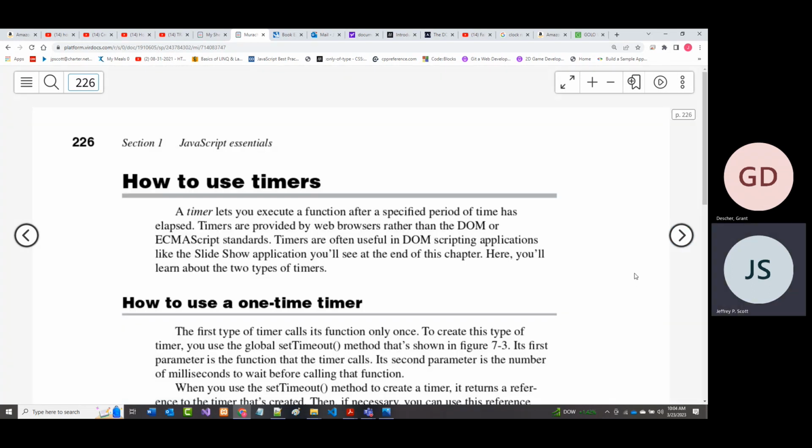Okay. So that's it for images. So for timers, and we will finish this up. I'm just going to go, if I have to, till 10:15, and then it'll be it for the period. All right. And a timer, as it says, allows you to execute a function after a specified period of time has elapsed. Now, back in the olden days, like when I first started teaching, and I was more your age,